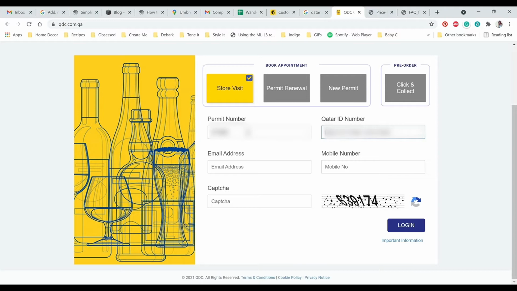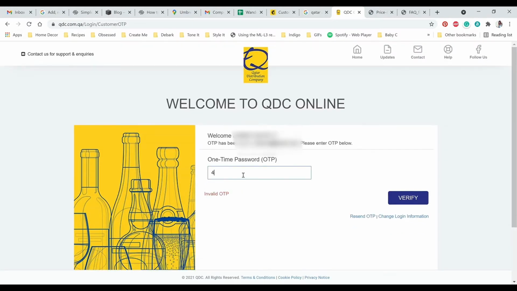You'll then enter the CAPTCHA and be prompted from there. After you've entered all that information, you will click Log On and you will get a one-time password to the